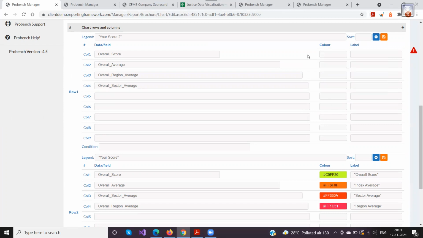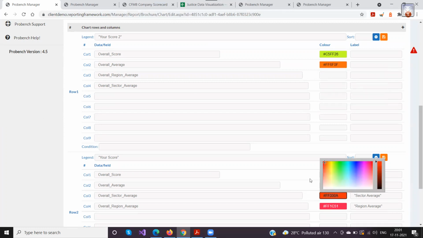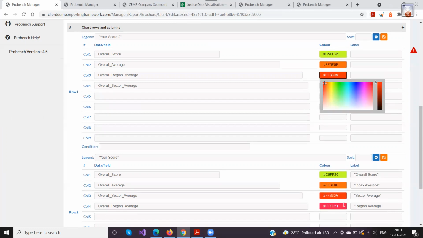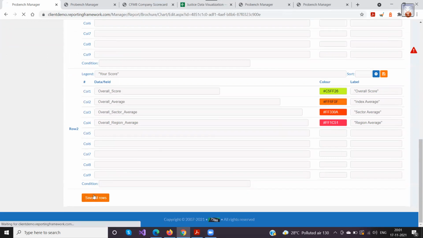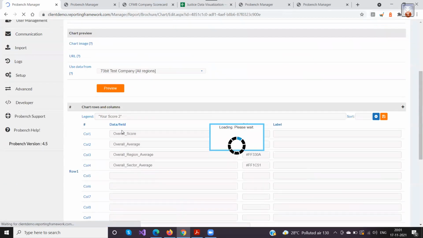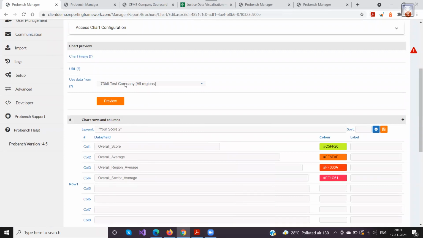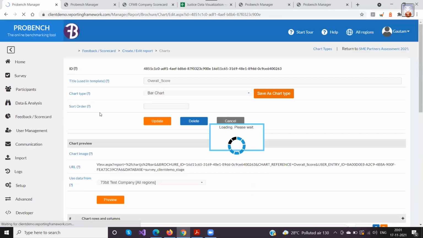You get a selection here, but normally if there are multiple categories, use the same colors for different categories. So I'll use the same color, and then click on save all rows. What it would do is select all the rows here, and then I can preview.